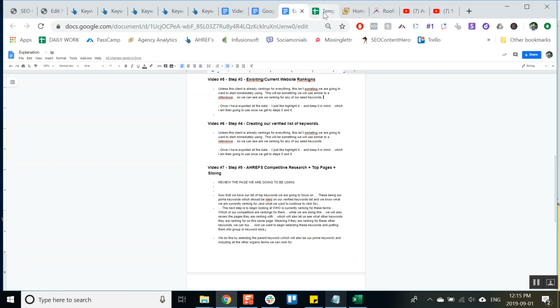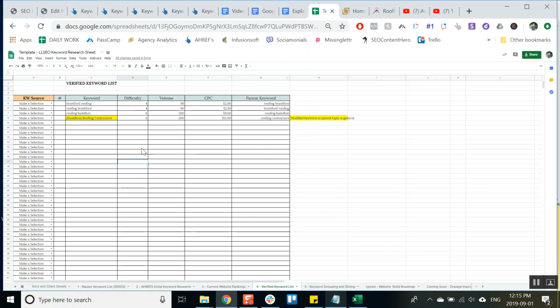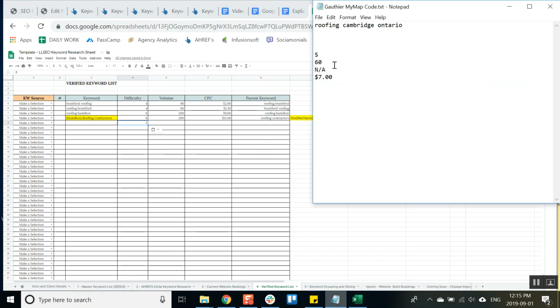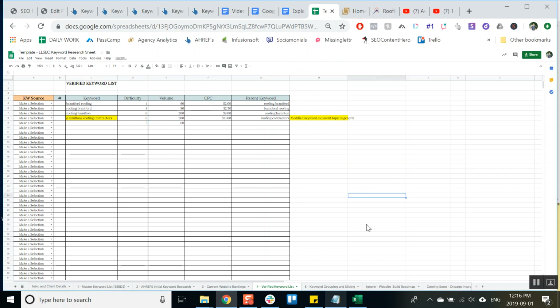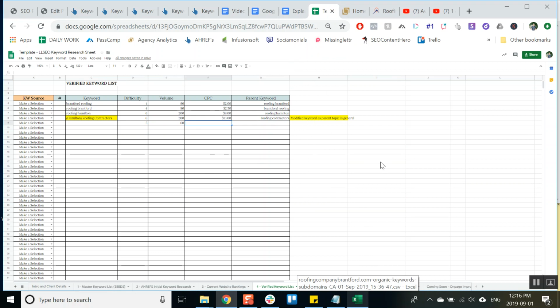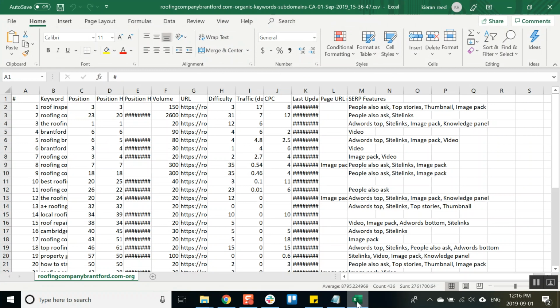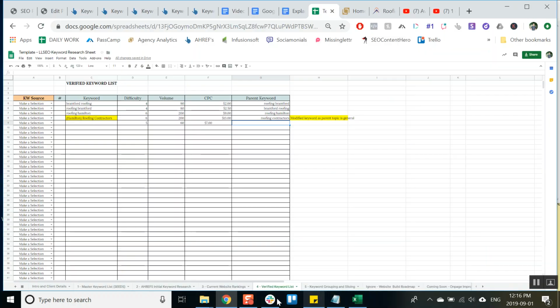So what we're going to do here is take all this, boom, put it all in there. Right, and what is the parent topic of roofing Cambridge, Ontario? Let's see. Now this is what we don't want to get caught up in, like we